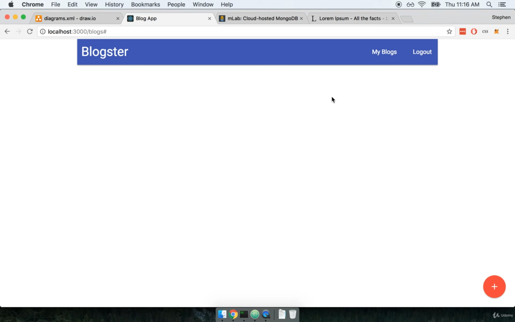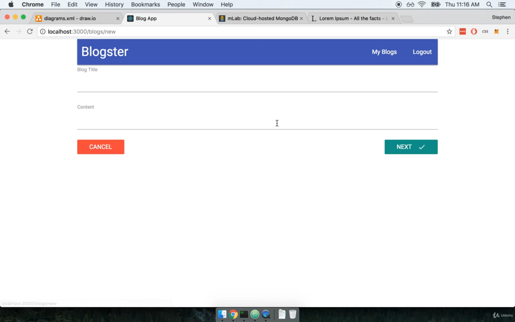advanced feature. So the first thing I want to do is use this UI right here to create a brand new blog post. Remember, that's pretty much what this application does. It creates blog posts and shows them to the user. Pretty straightforward. To create a new blog post, I'm going to click on the red button down here to the